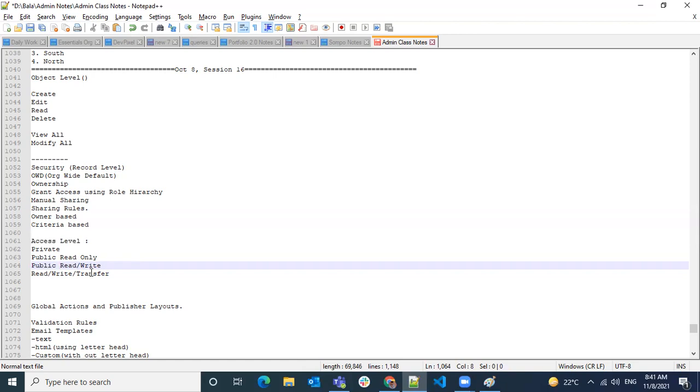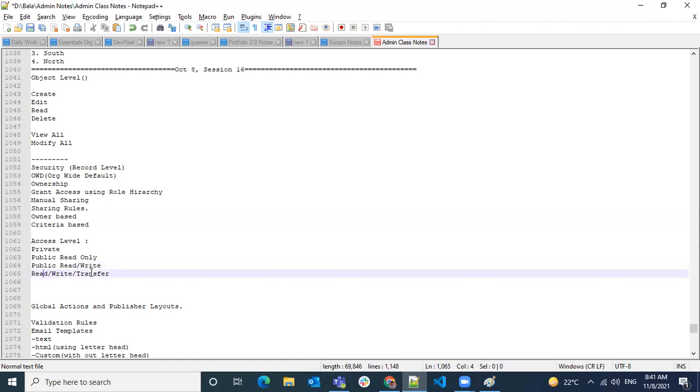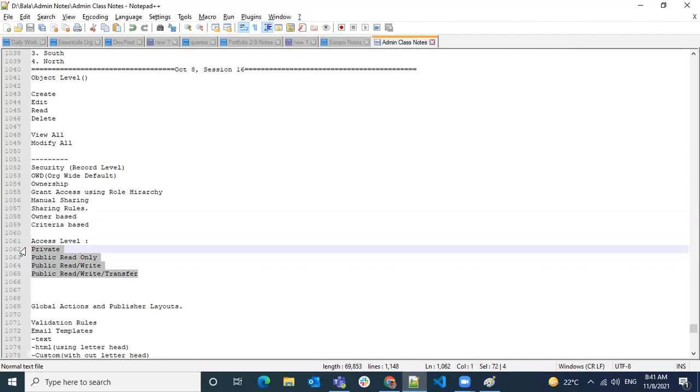And when you say public read write transfer, they can see it, change it, destroy it, or even take it to their house, the transfer.